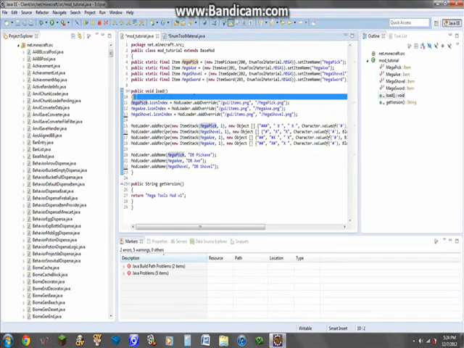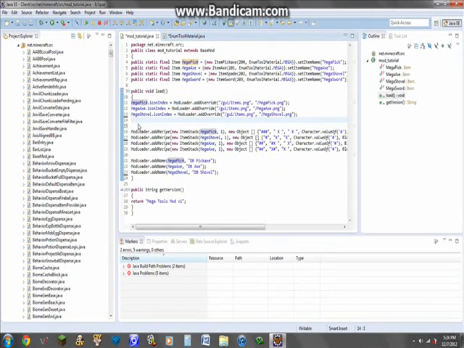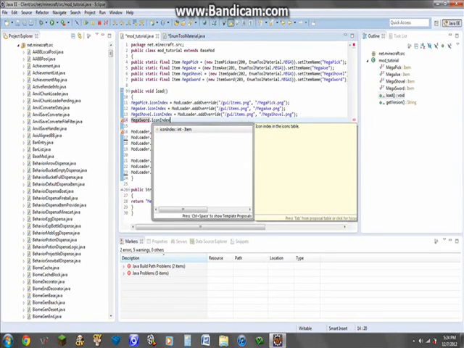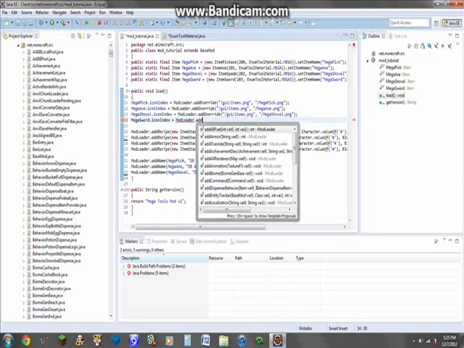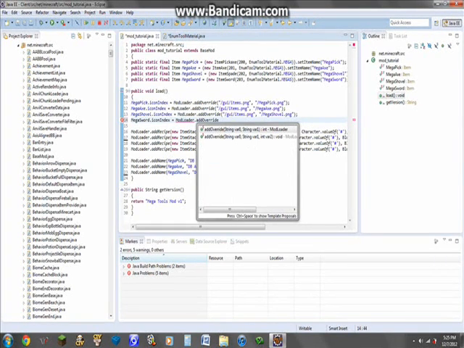So once you've gotten this, you're going to go down and make another space, that way you can kind of tell. And then you do mega sword, because that's the name you gave it over there. And then you do icon index equals mod loader. And if you don't do capital M and capital L in mod loader, it'll really mess up. It doesn't like that. And then do dot add override, and then